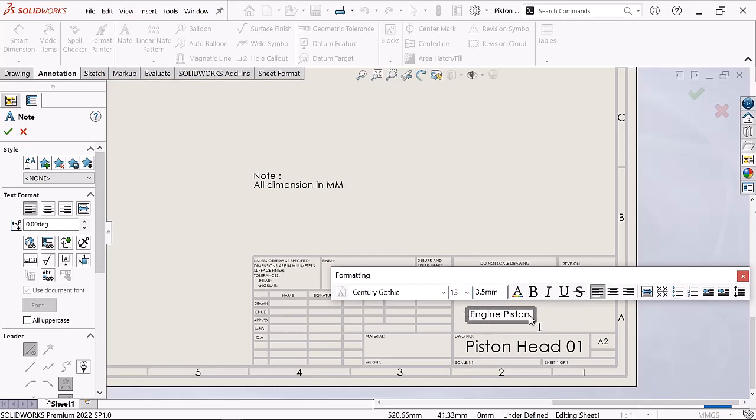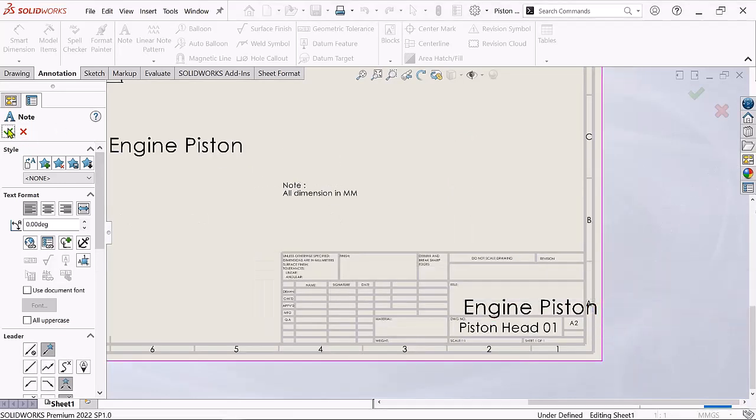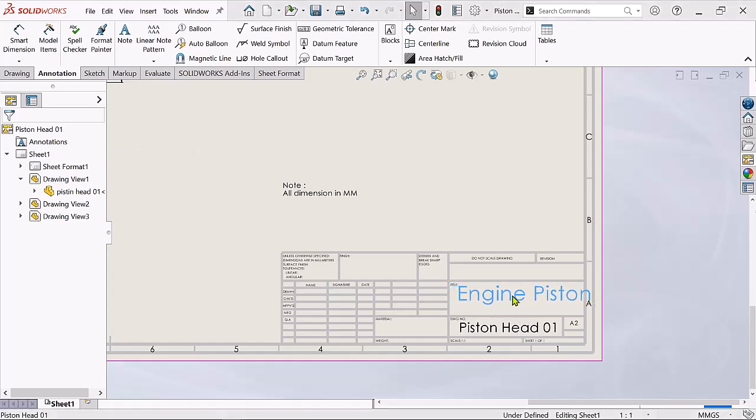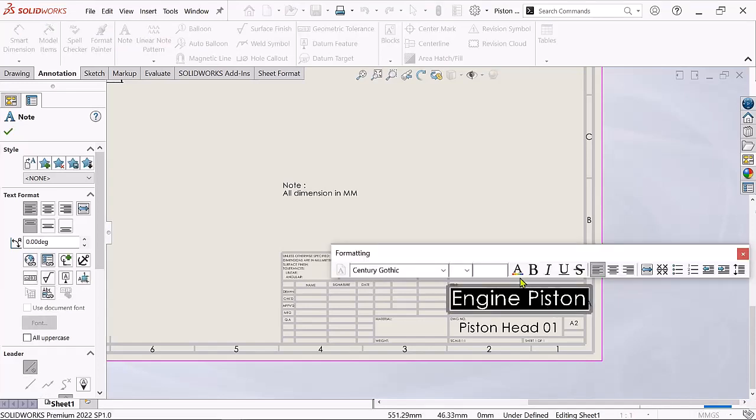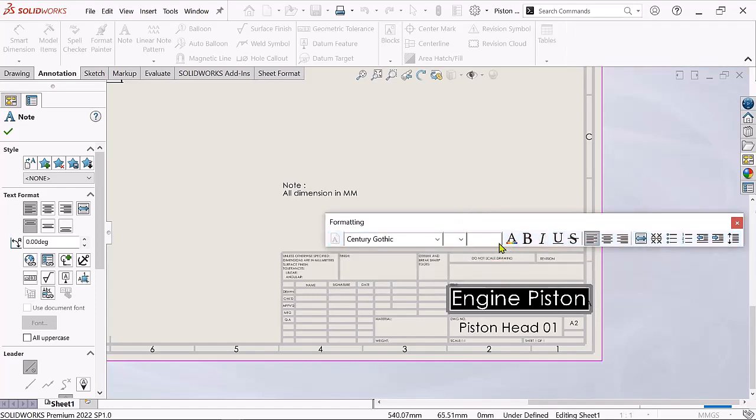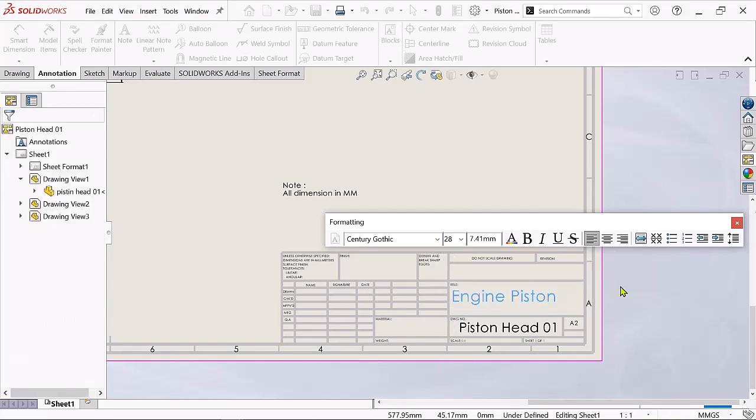Change this size to 36 and click OK. Now just give it. If you want to change this, double click on this and change this size. Just click on this, I will choose 28. Yes, just click OK. Now see,